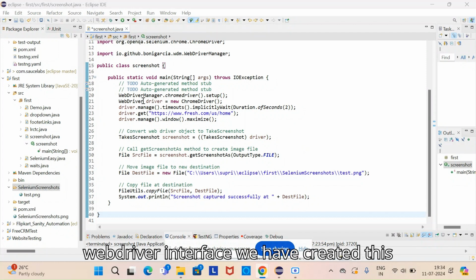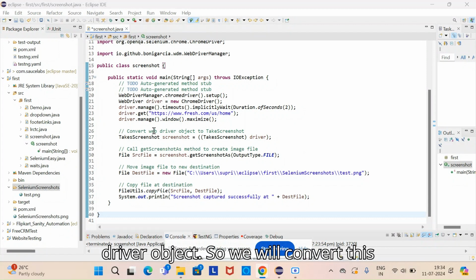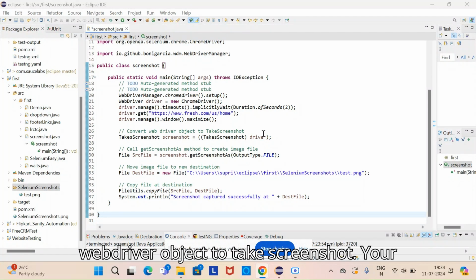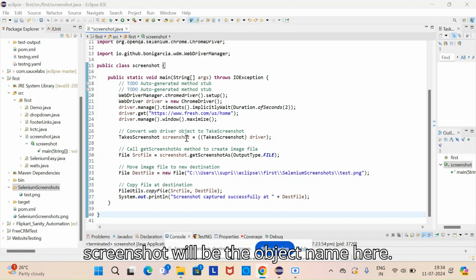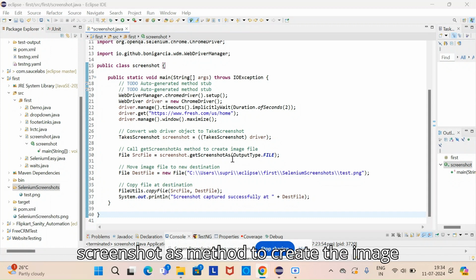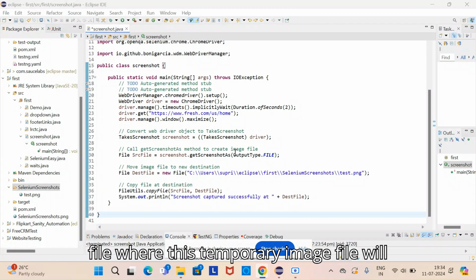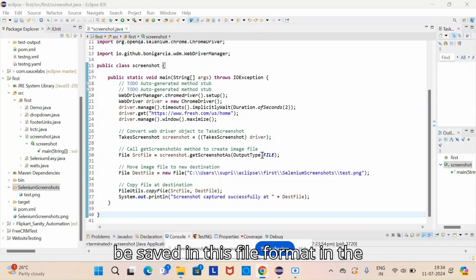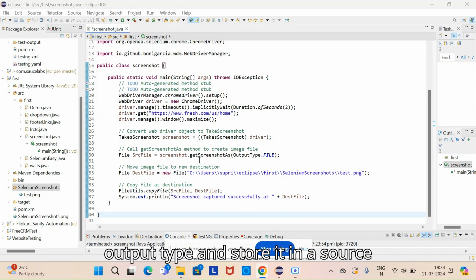Using the WebDriver interface, we have created this driver object. So we will convert this WebDriver object to TakesScreenshot. Your screenshot will be the object name here. Using this screenshot object, we will call the getScreenshotAs method to create the image file, where this temporary image file will be saved in this file format, in the output type, and stored in a source